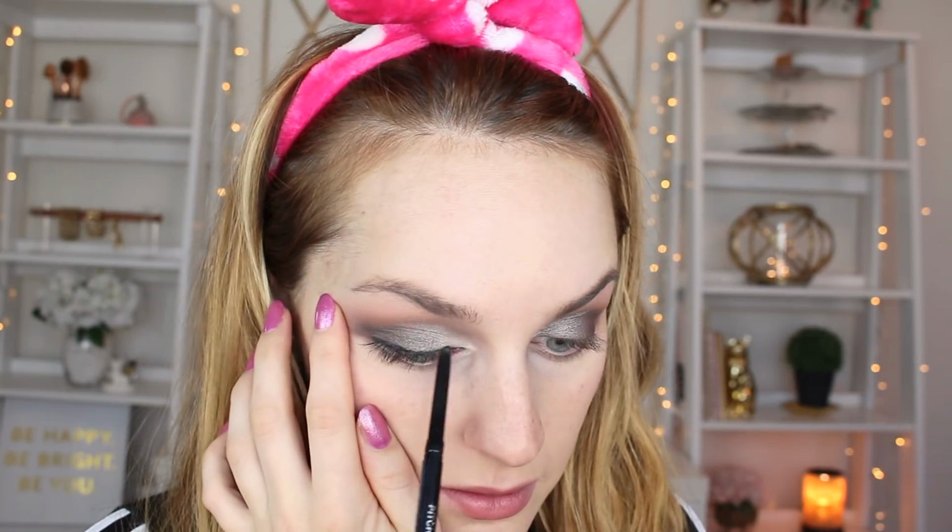For my liner today, I figured I'd be different and try a pencil liner. I usually use a felt tip because I can get more of a precise application, but that's not what we're looking for today. I'm going for a smudgy look, so I'm just going to smudge this along my lash line